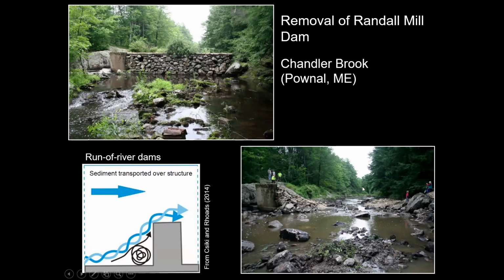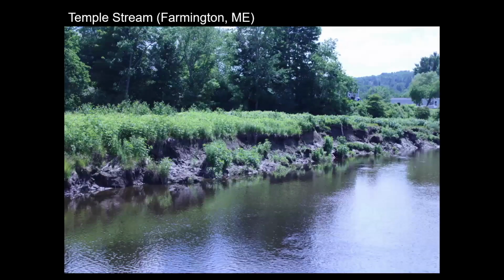The river was already in its pre-dam graded condition, and so there was no sediment to manage. That unfortunately does not mean there's no potential problems to deal with. If you have a sharp drop in these deeper impoundments, if you drop the water level quickly with a dam removal, you can potentially have water seeping out of the banks, creating an erosion problem.